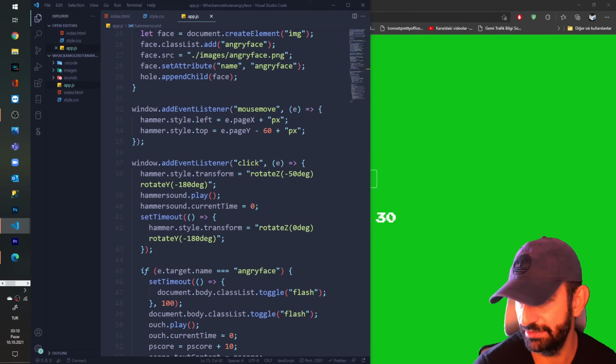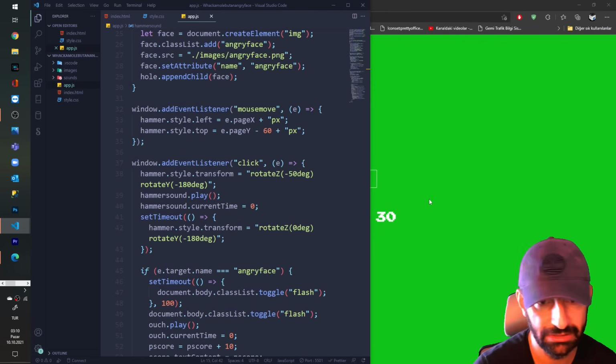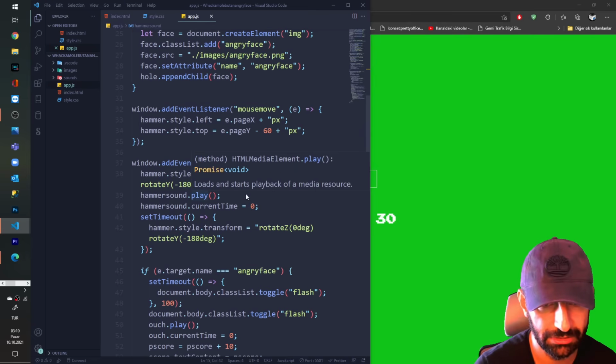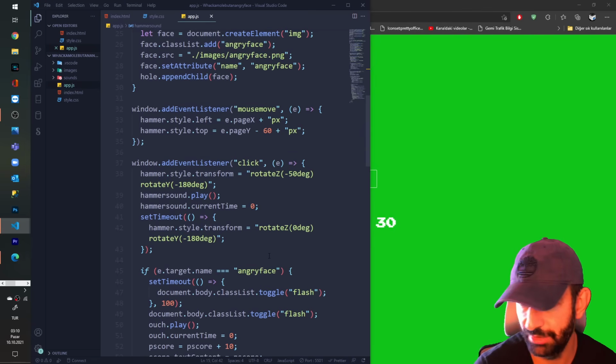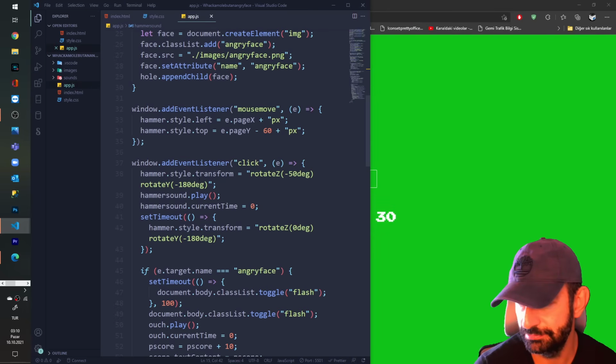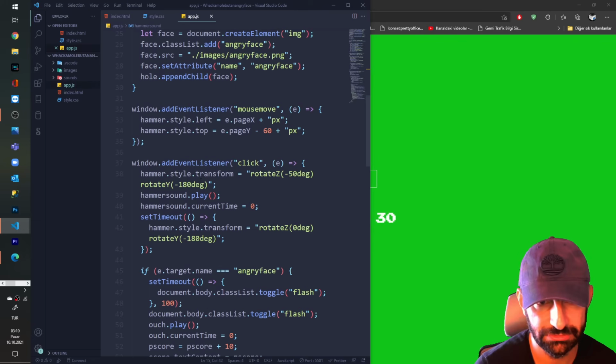Let me see. I'm gonna correct this. I'm not leaving this. Rotate set. Okay. Transform. Hammer style. Transform. Rotate Y. Rotate minus 50 degrees.